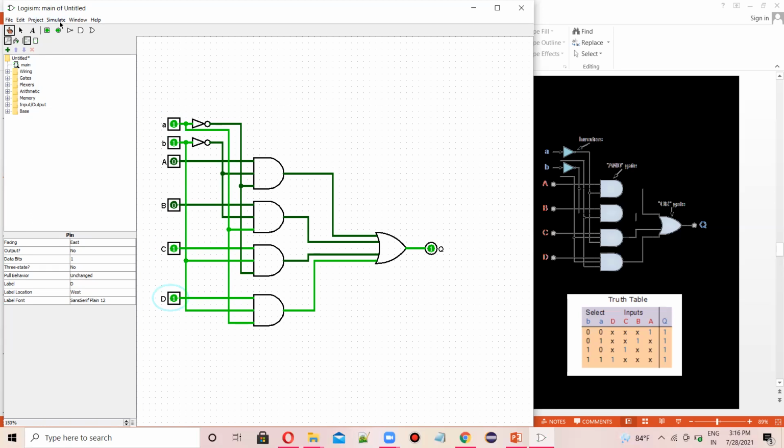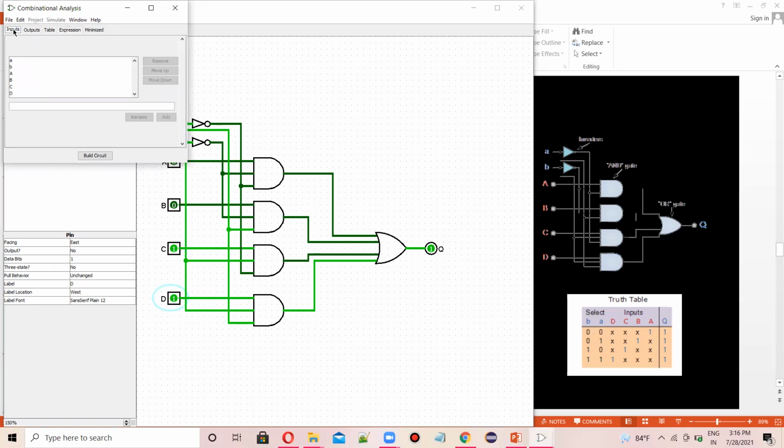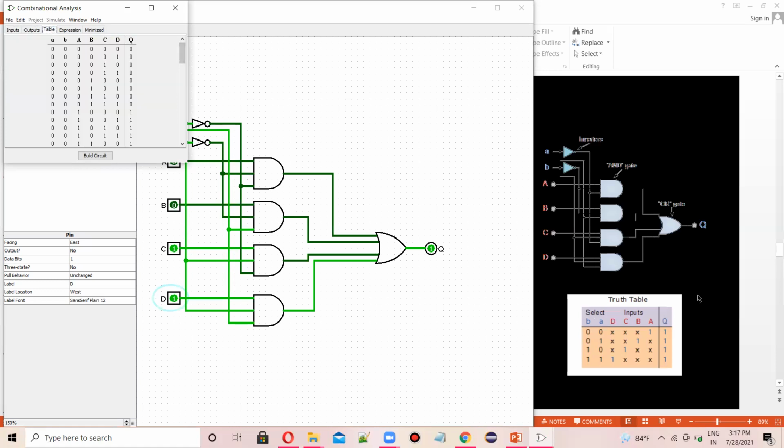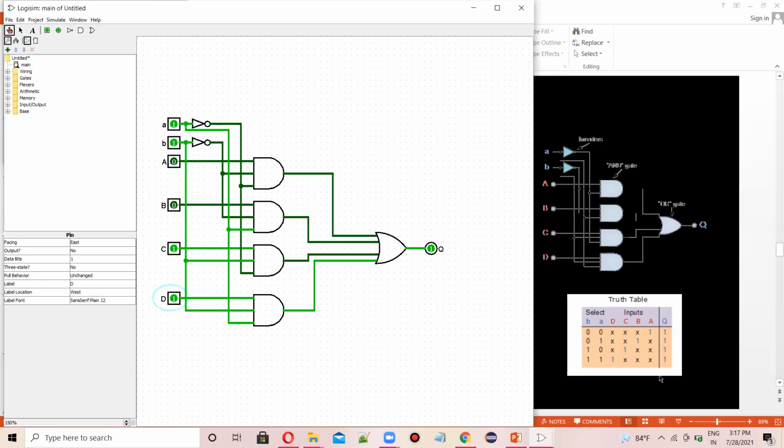Here also you can see that by using the analyze circuit, you can see the results, whether all the inputs are available here and the outputs are available here, and the table will be a little bit bigger than the table available here because it is the summary. But here it will show all the possibilities since we are using 4 main inputs and 2 selectors. Now altogether there are 6. So 2 to the power 6, it will show so many possible situations here. So even if you try with all these situations, you will come to know the results. But this is the final summary of this truth table.